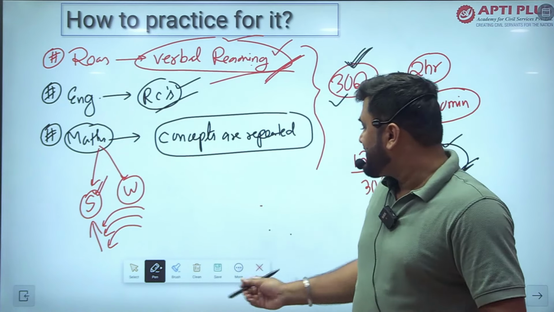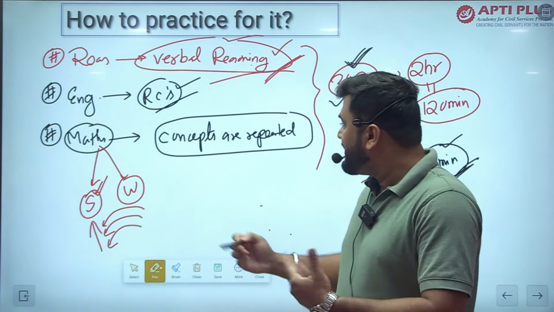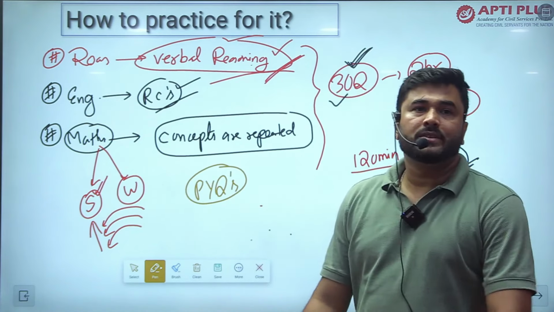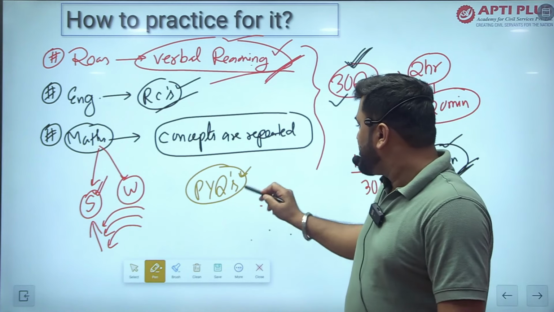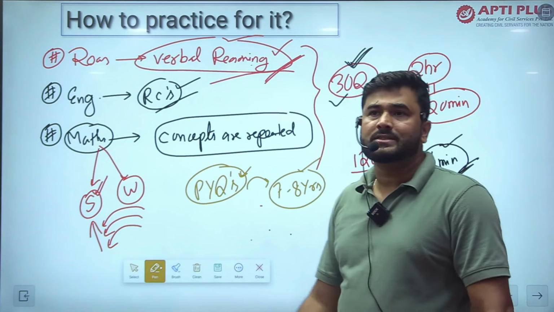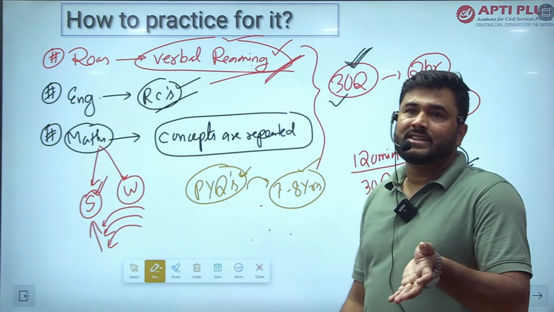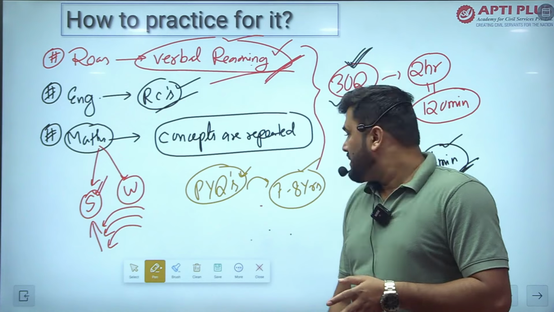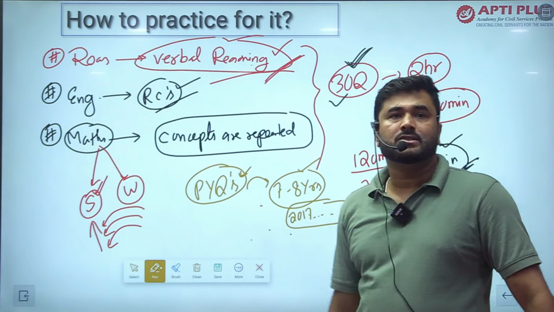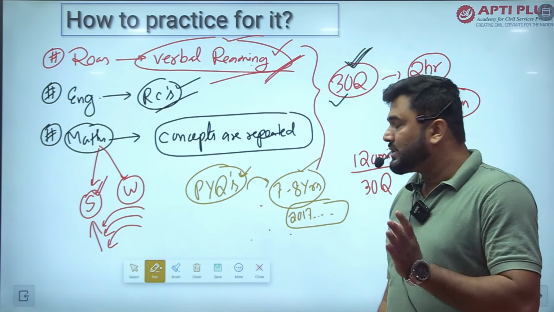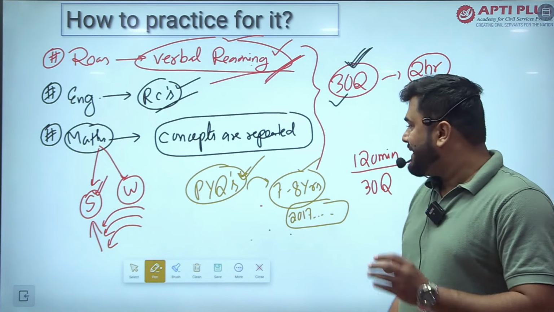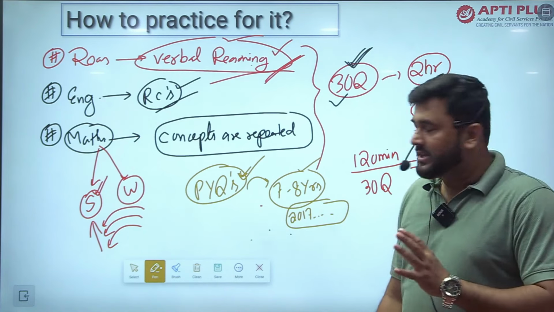And for proper practicing, what you need to do for improving your marks, first of all, go through the PYQs, the previous year questions. You need to solve almost 7 to 8 years of previous year questions. From 2017 we know that UPSC has changed its CSAT question pattern. So from 2017 onwards, if anyone solves the last 7 to 8 years of CSAT questions properly, then he or she can easily get a good score in the subject.